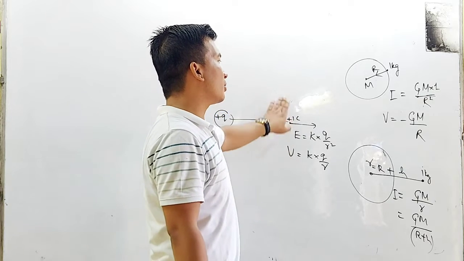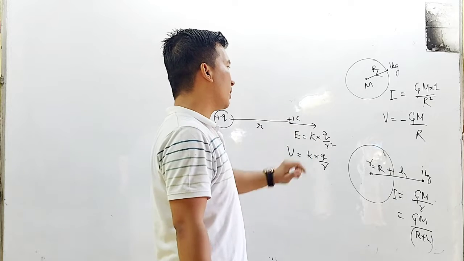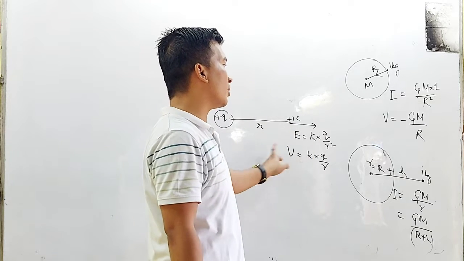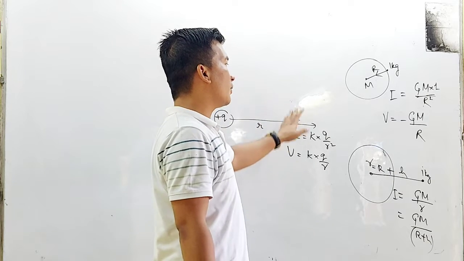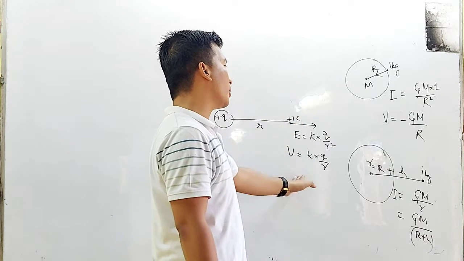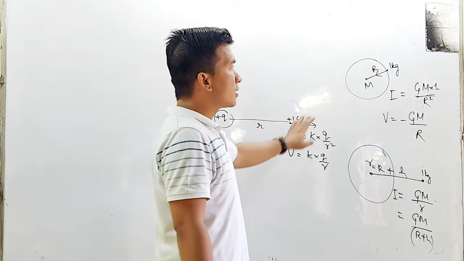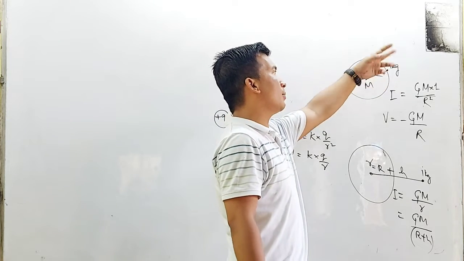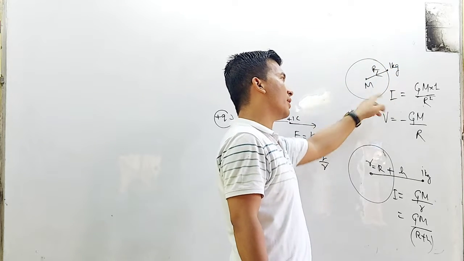1 coulomb of charge, 1 coulomb of force, potential energy, multiple. Just like that, 1 kg placed on the surface of the earth will be attracted by